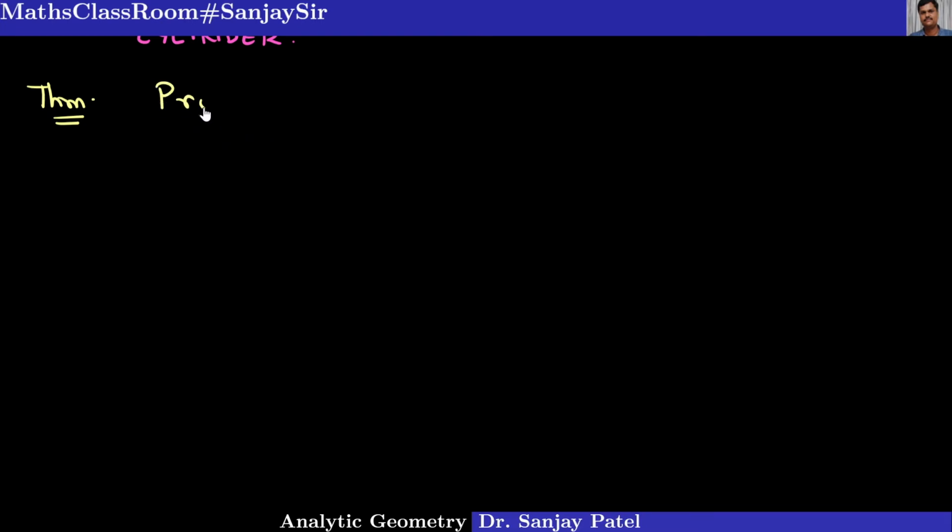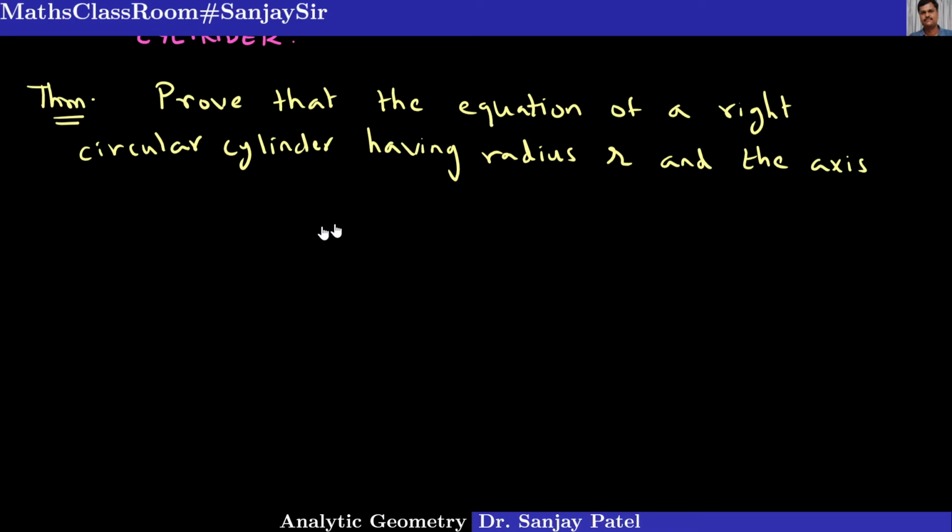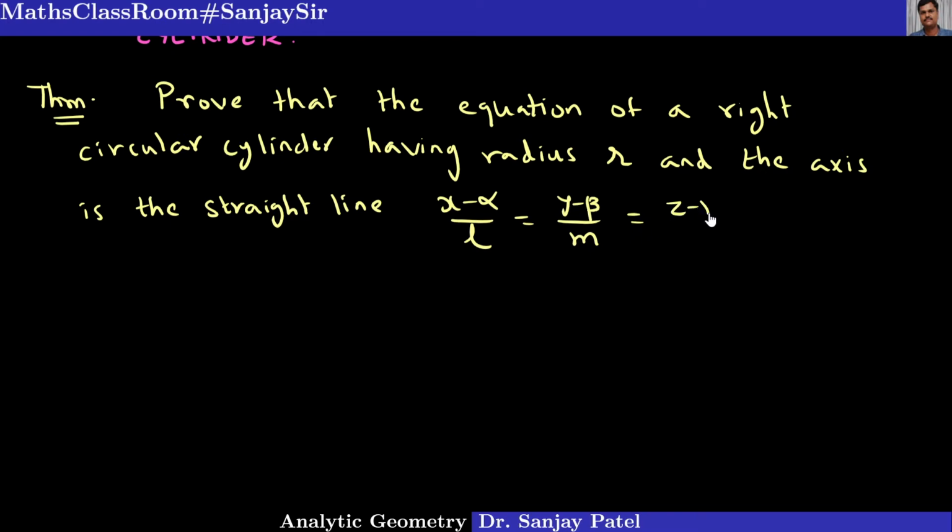So prove that the equation of a right circular cylinder having radius small r and the axis is the straight line (x minus alpha) upon l is equal to (y minus beta) upon m is equal to (z minus gamma) upon n, is given by